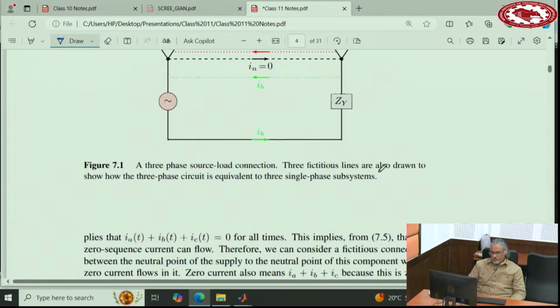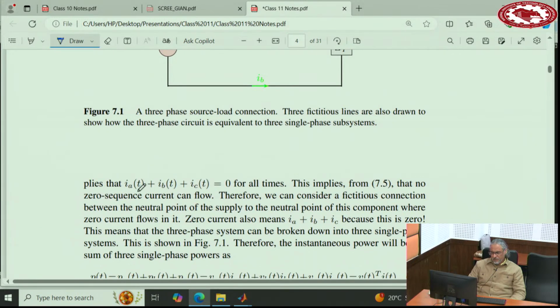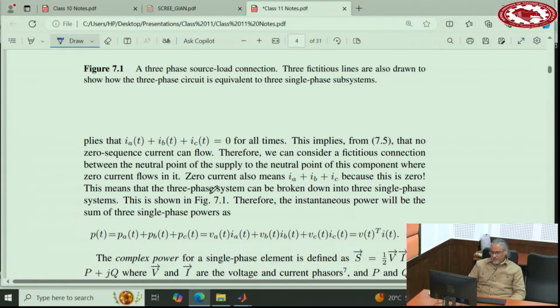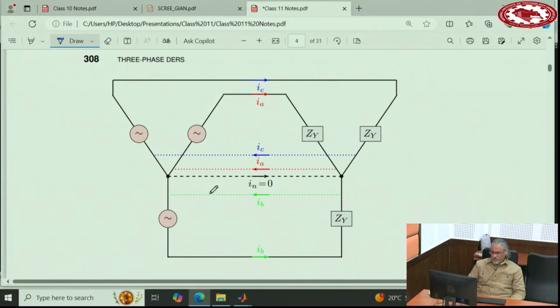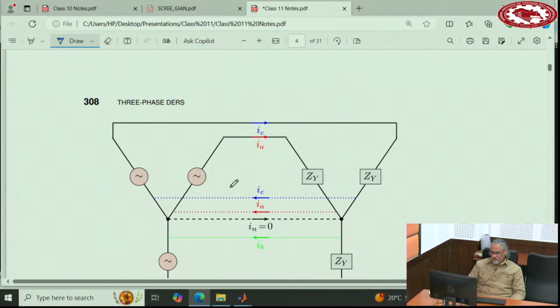If there is no neutral connection, then IA plus IB plus IC is 0, according to Kirchhoff's law. And if that is 0, that means that if you fictitiously connect this point to this point,